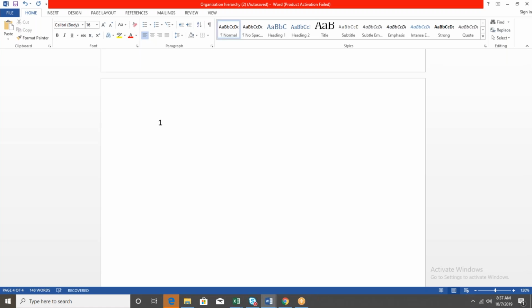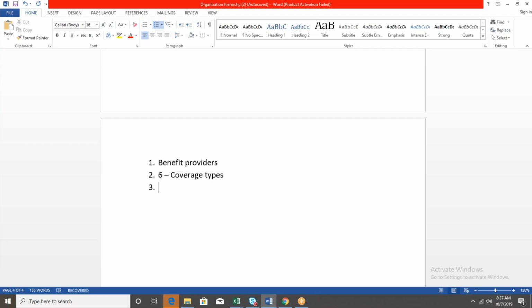Okay, let's see what we're going to learn in benefits. First, how to create benefit providers. Then we learn the 6 coverage types, and we'll create plans for the 6 coverage types so that you know the difference between each and every plan.